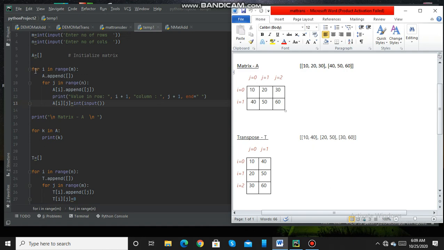Then here we are entering the for loop. Here for I in range m, m is the number of rows, so I in range m means I in range 2, 2 is the number of rows. So I will start from 0 till 1 less than 2, that is till 1. So I will have two iterations, 0 and 1. In the inner for loop, for j in range n, n is the number of columns. In our case it is 3. So j will start from 0 till 1 less than 3, that is till 2. So 0, 1 and 2, 3 iterations of j will take place.